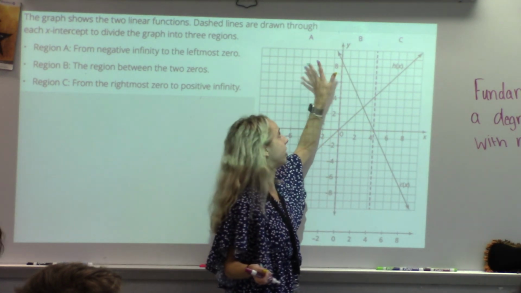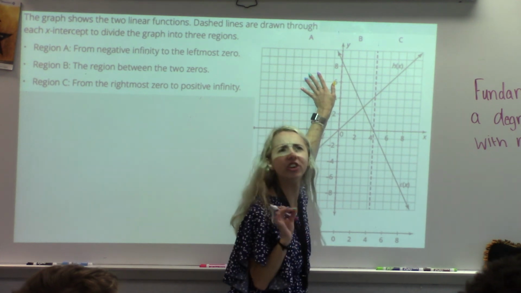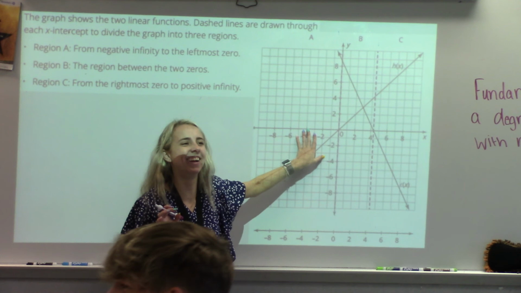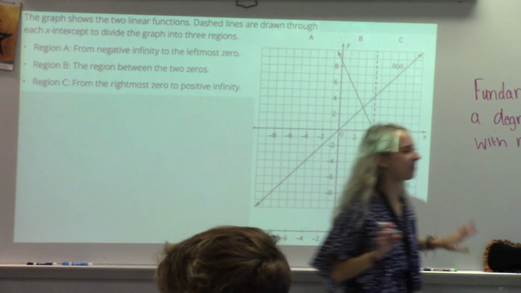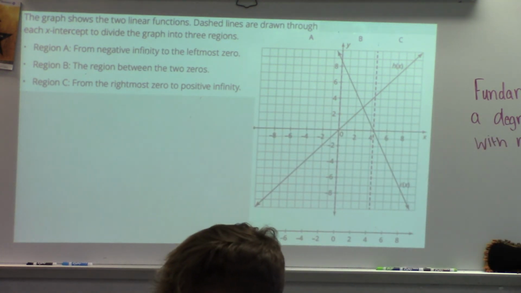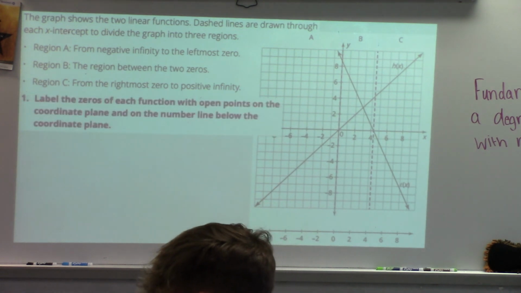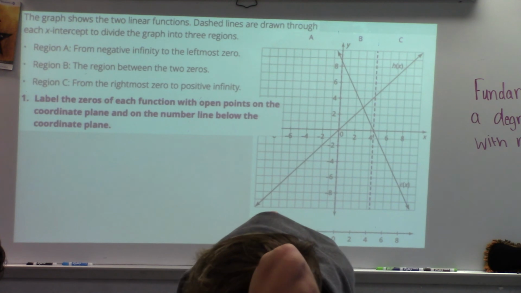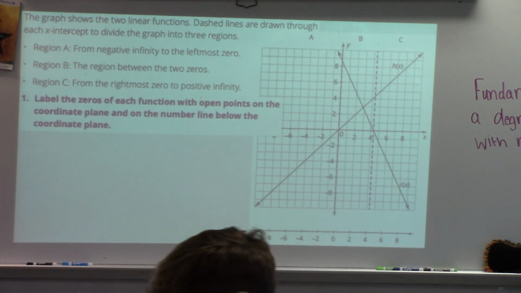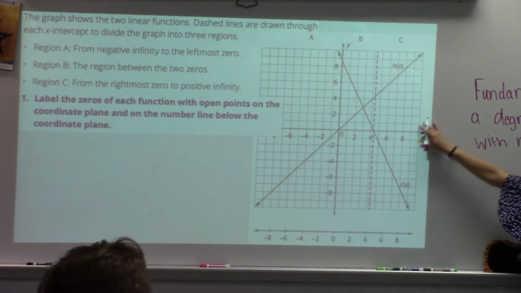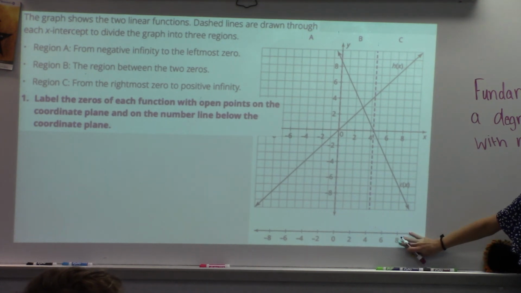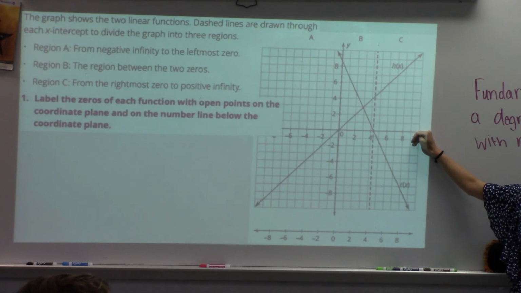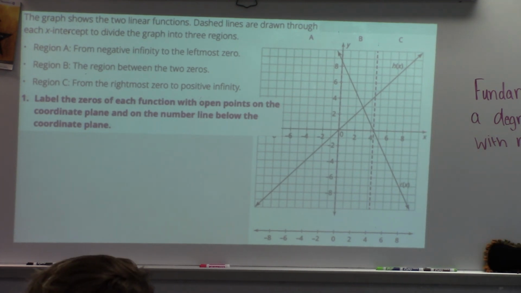So they labeled it region A, region B, and region C. Then our first thing it tells us to do is label the zeros of each function with open points on the coordinate plane and on the number line below. So notice how this number line down here corresponds to the values that are on the x-axis. Okay, so what you guys are doing here